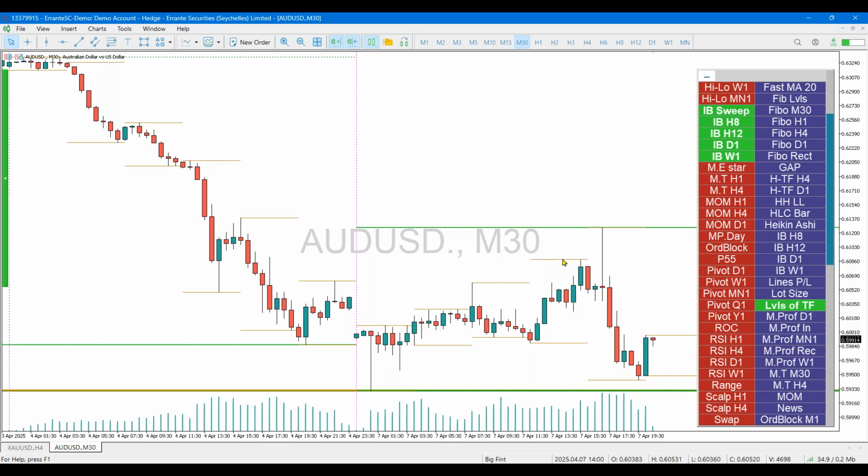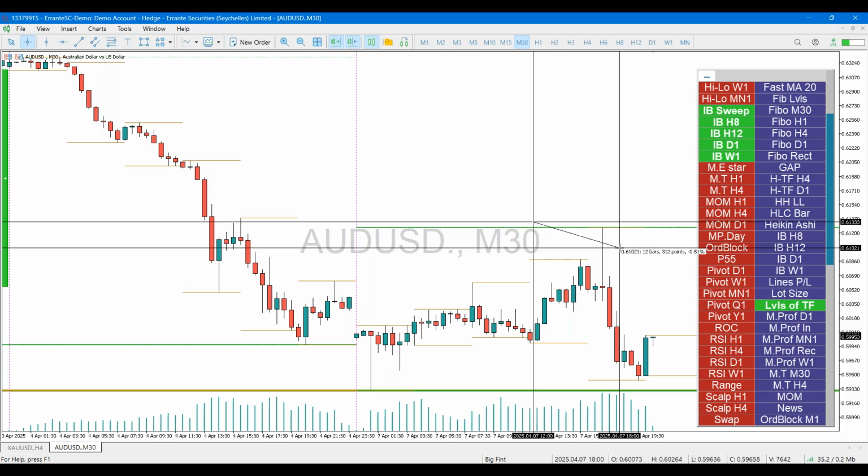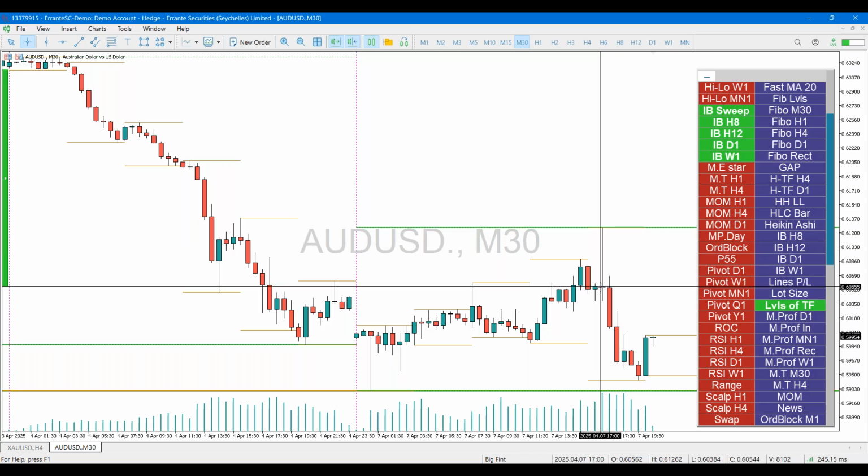This was the high of the previous H4 candle. Okay, so these areas are H4 candles. This is the H4 candle. This is an H4 candle. So what happened over here is that this was a resistance area. Another candle came and just went towards the upside. It has broken this resistance area, and over here there was liquidity, the liquidity pool that I have explained, and then the market moved towards the downside.